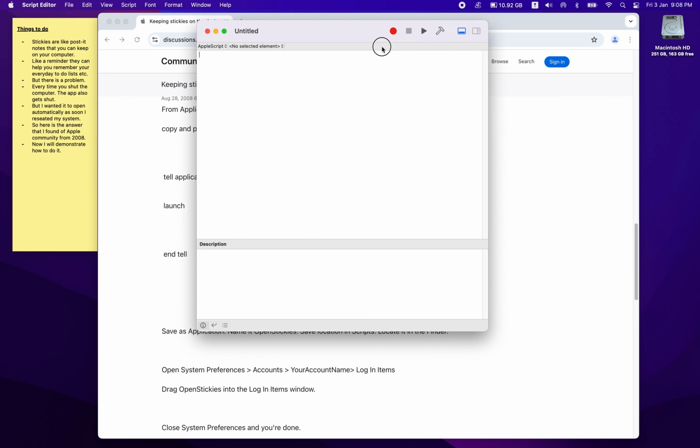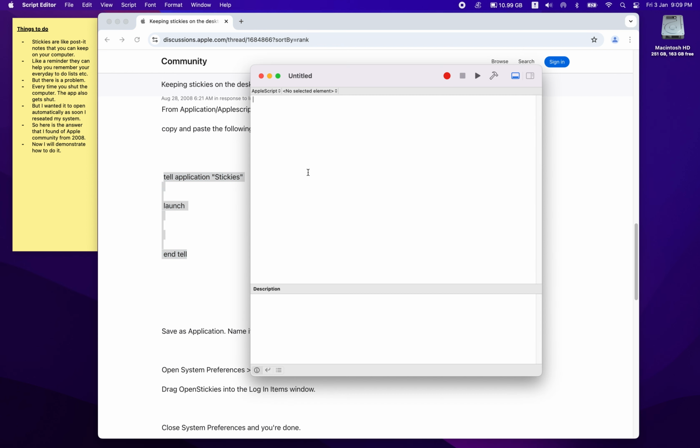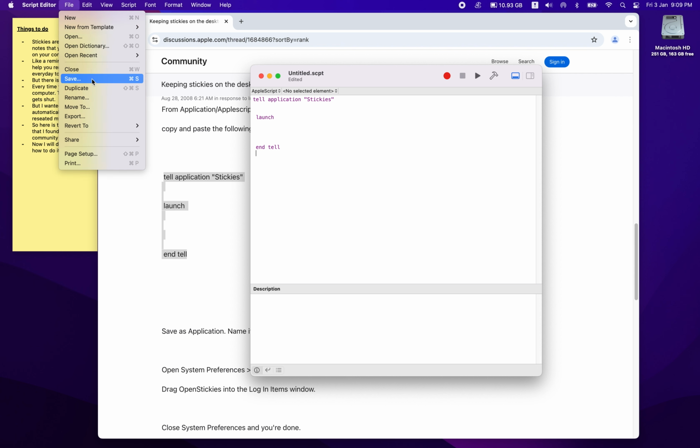You can even type them, and the lines are: tell application, inverted commas, Stickies, inverted commas again, then a line break, and then launch, and then after another line break you type end tell. Okay, and then you have to save this